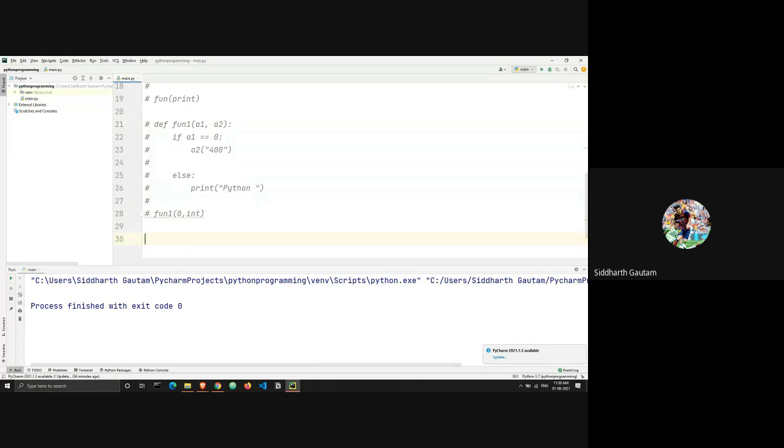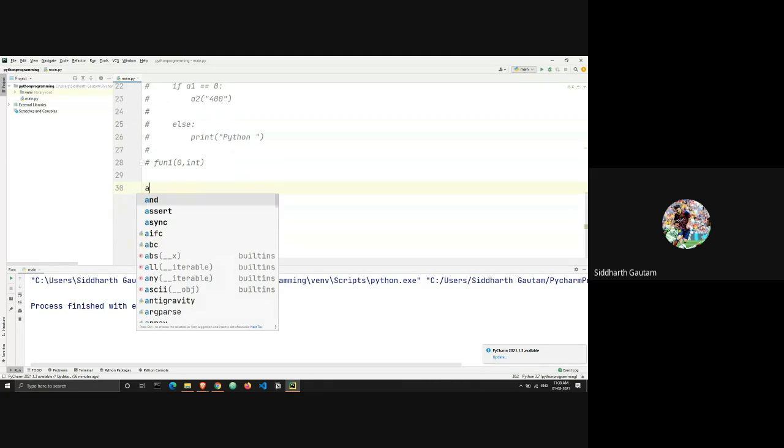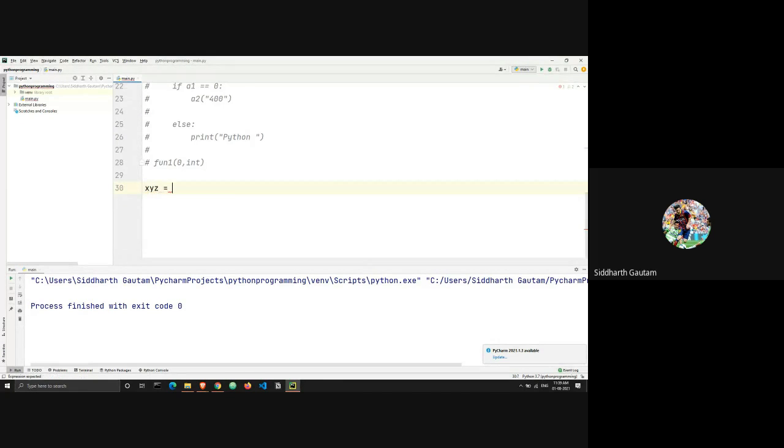And let's take a look. I have this variable xyz, which is equal to a string, a string of 500. What do I do to convert this variable from a string to an integer? I write int and brackets, and inside the brackets I will write xyz, right? And now if I try to check the type of this variable, I will print type of xyz, and I print this.